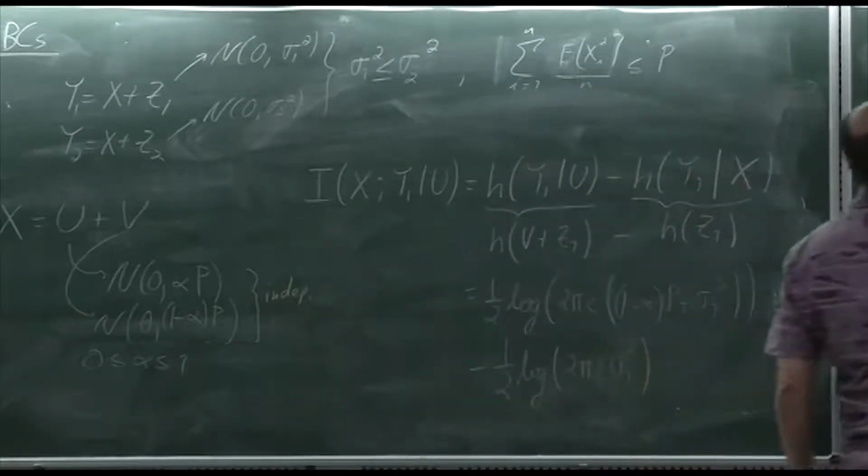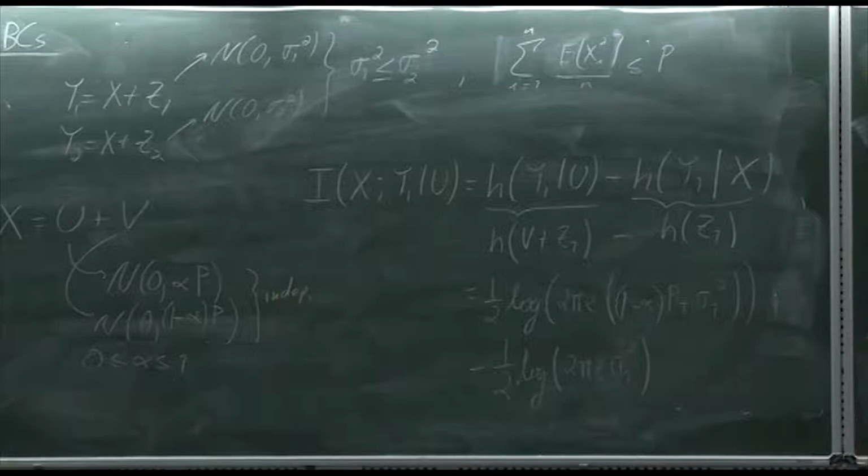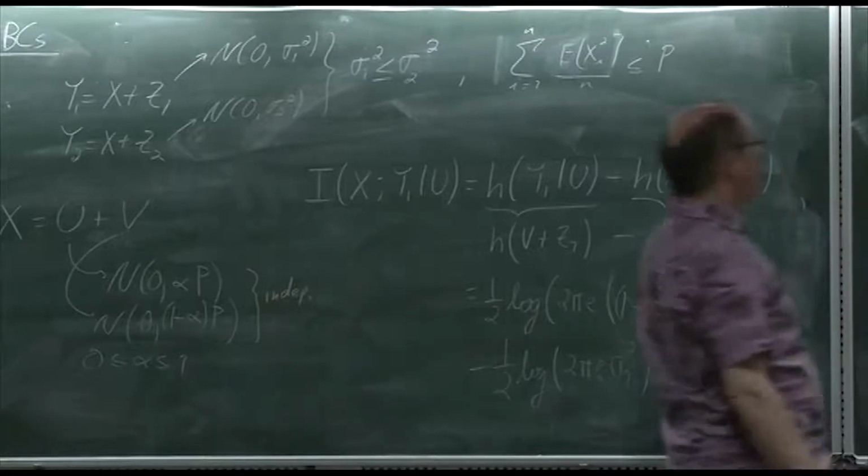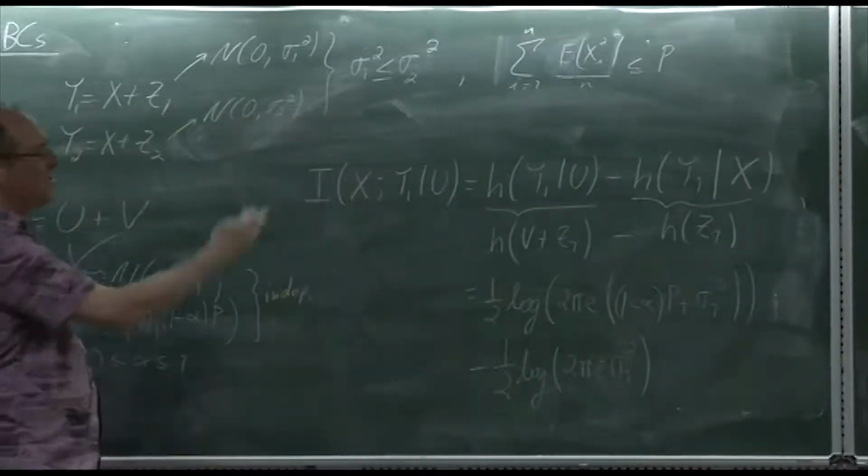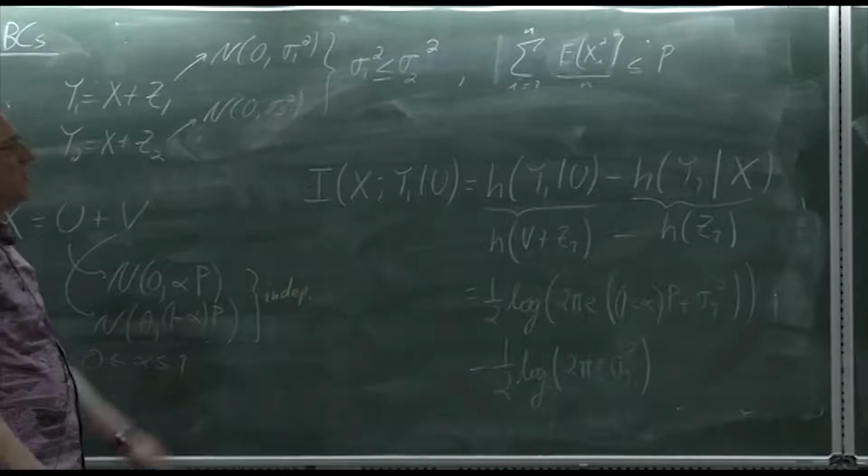And so I also again get a signal to noise ratio, again log of 1 plus (1 minus alpha)P over sigma 1 squared. Okay, so that's my region,